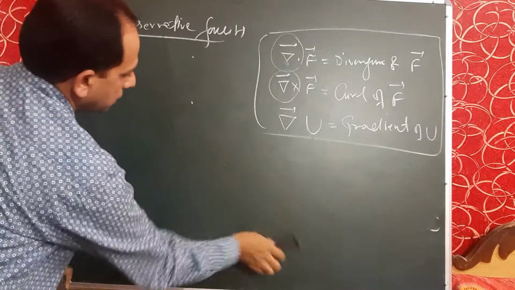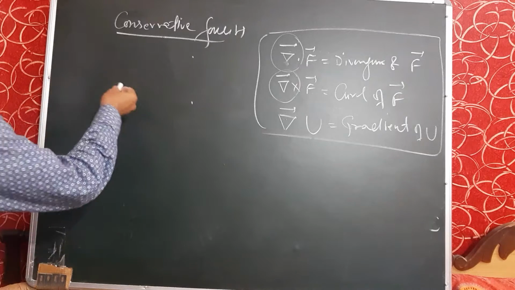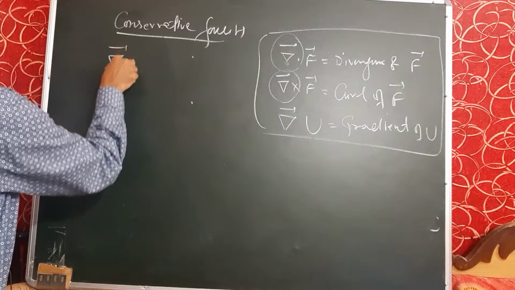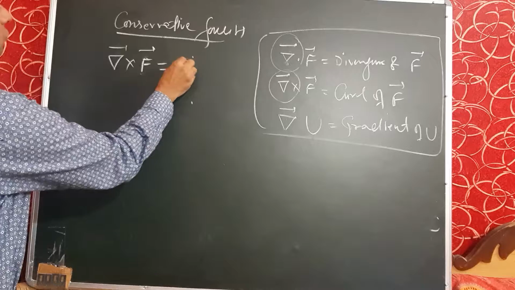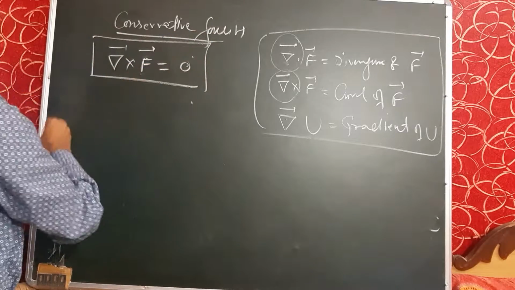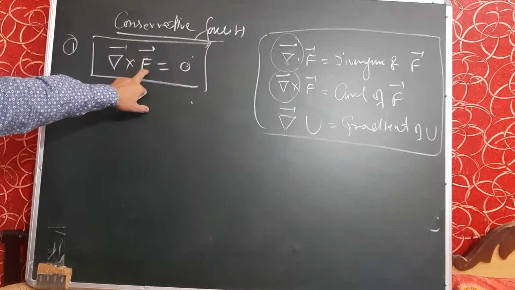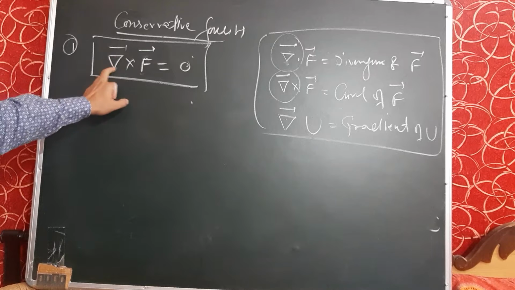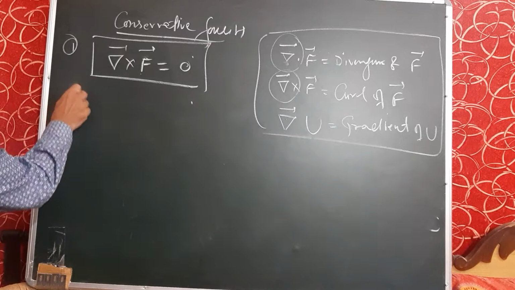When we study this conservative force, the mathematical definition of conservative force is that the curl of this force, which is conservative in nature, is always 0. So this is the mathematical or differential form of conservative force. If the force is conservative, then it is sure that the curl of that force is always 0. Or secondly, we can say that